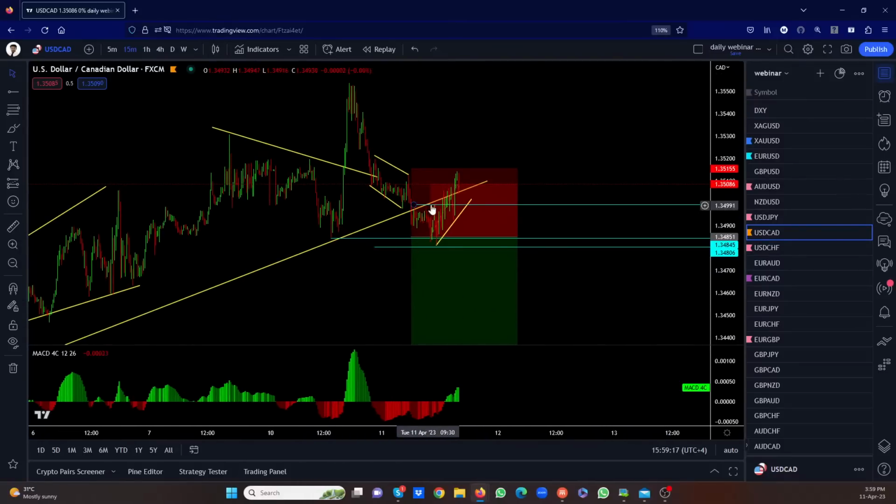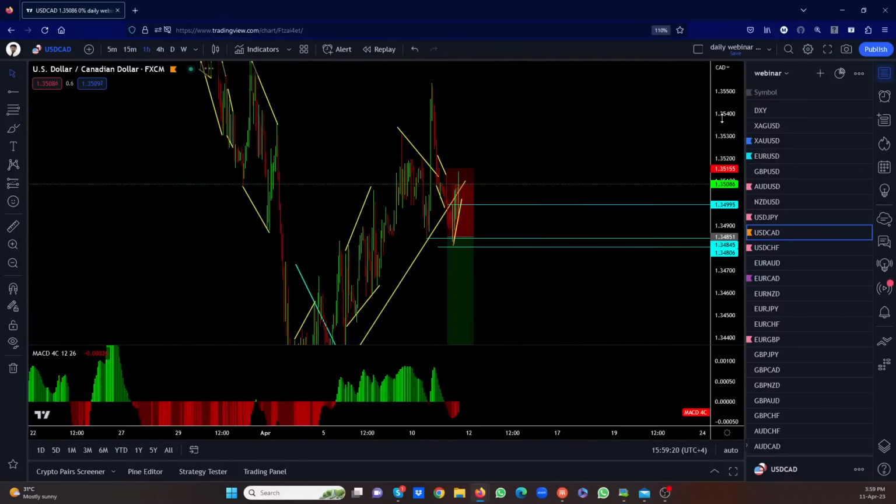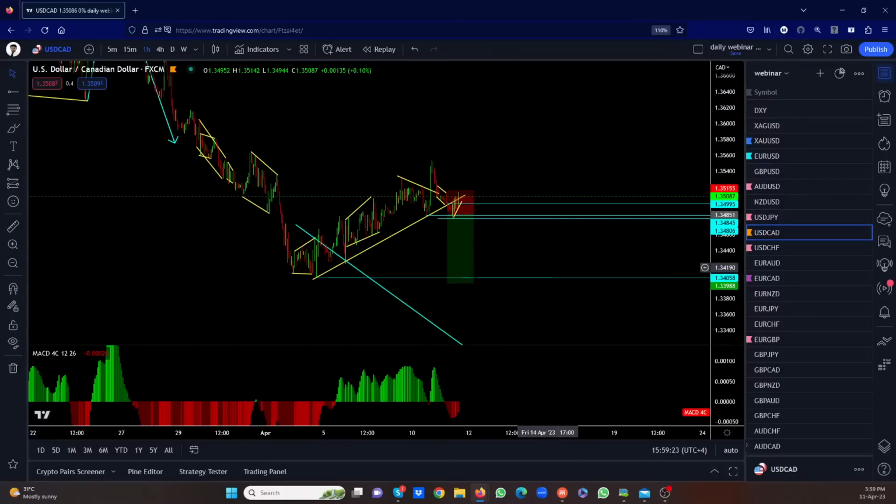Let's move on. What do I think CAD is going to do? I think CAD will still go down for now. We need to see whether I have that entry order there. So if this is the drop, I'm going to be in the trade. This would be the trade. This would be the entry. This is going to be the stop. The stop is still where it is. I'm not changing the stop for now unless this one breaks above that top.